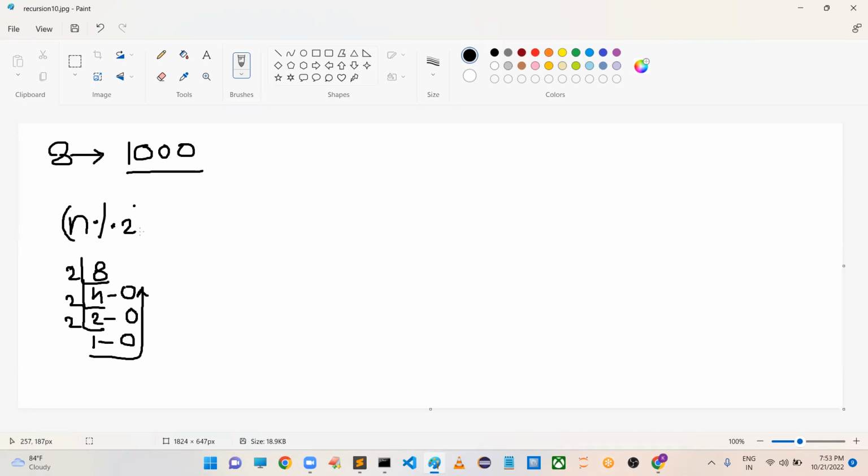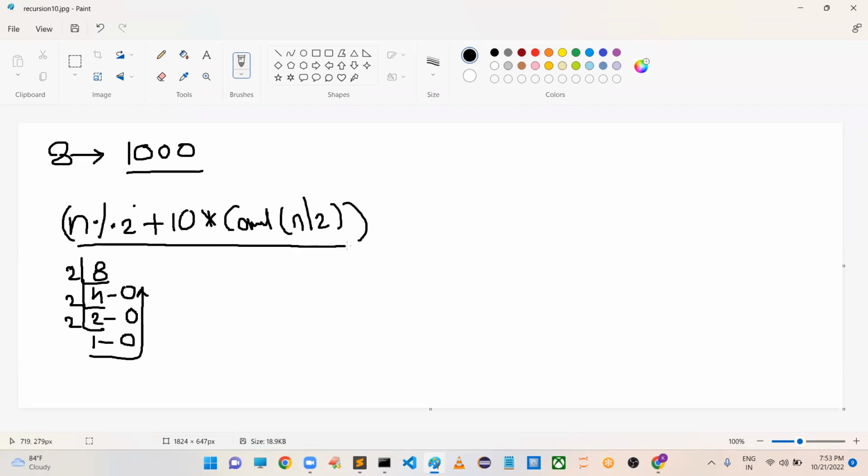While capturing remainders, can you please add 10 multiplied with the convert function by taking n by 2? This is the algorithm we are going to follow. Let me check for n is equal to 8. First time, n percentage 2. What is n percentage 2? If you divide 8 with 2, 2 fours are 8,